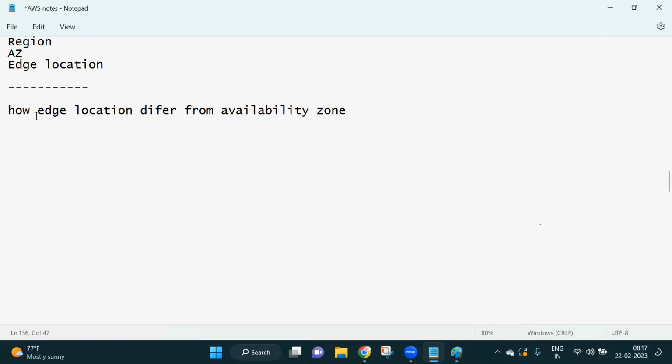So remember, both edge location and availability zone are to provide high availability and performance for the cloud-based application. But the purpose is different.